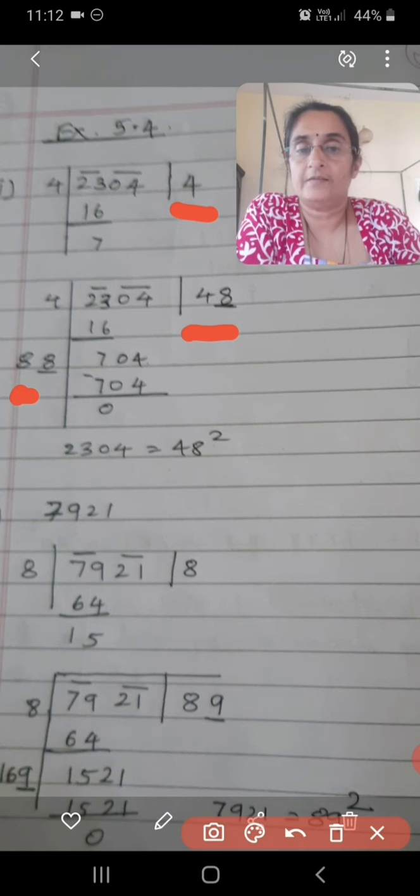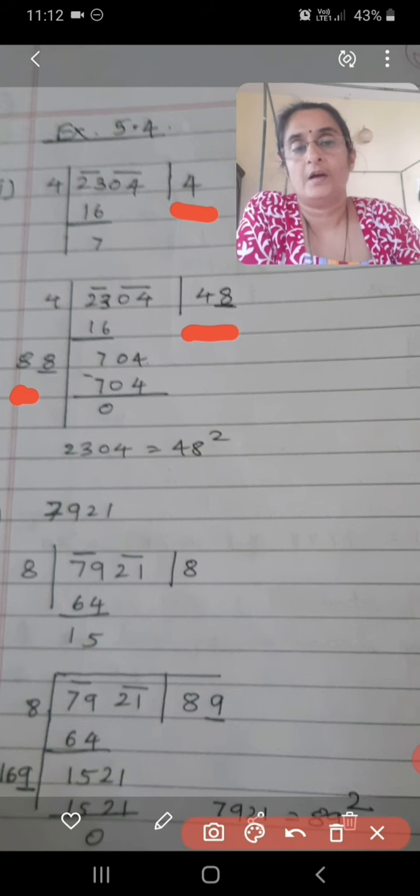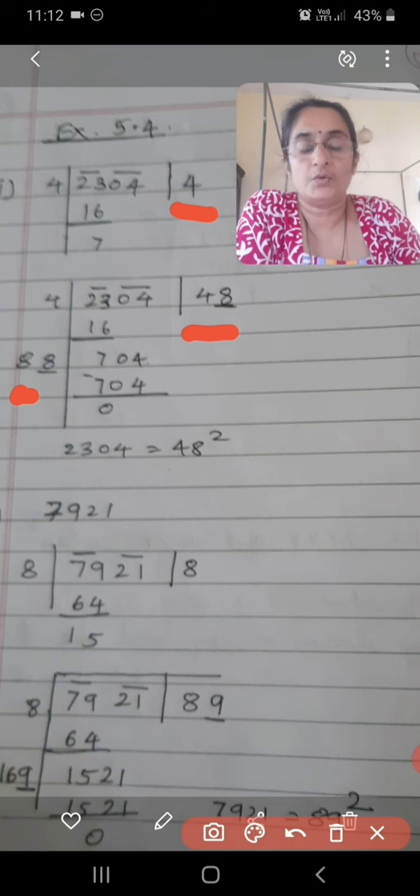You have to double that given number, so that will be 8 here now. Now with 8, one more number has to come, that gives you 4 as the end number. Now which two numbers give you 4 as end number? Either 2 into 2 is 4 or 8 into 8 is 64. The last number is 4. Now you have to decide which number to take in front of that 8. So if you take 2, that will be 82. 82 into 2 you have to do again. So 82 into 2 we won't get 704.